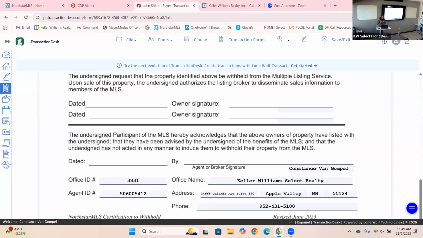And then you're gonna have it signed by them and signed by you. Okay, the 3831 down here, this is our office number. It should auto-populate for you, but if it doesn't, that's what it is. The agent ID, this is your MLS number. Okay. And this needs to come to the front desk within 2 business days to be entered into the MLS